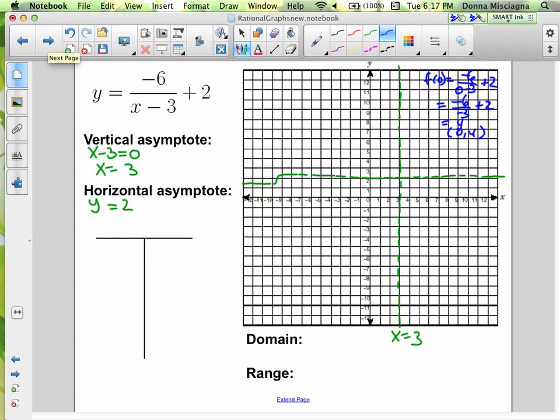X-intercept, just set the whole thing equal to 0. So set y equal to 0. All right, so we have 0 equals negative 6 divided by x minus 3, plus 2. Subtract 2 from both sides. So that would be negative 2 equals negative 6 divided by x minus 3. Right, so now we can cross multiply, but we can also reduce. Notice that when you have a proportion, an equation with fractions on both sides, a rational equation to solve,